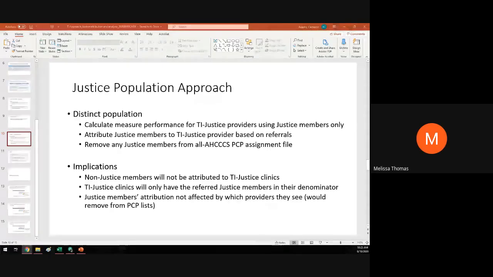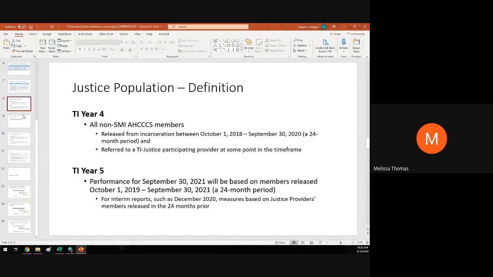Hi, this is Melissa. That was my question. Would you mind going back to the slide so that I understand a little bit more? We deal with a parole population, and so they're coming out and they don't have Access a lot of times. So they're starting their Access when they get released. Yes, understood. And that will